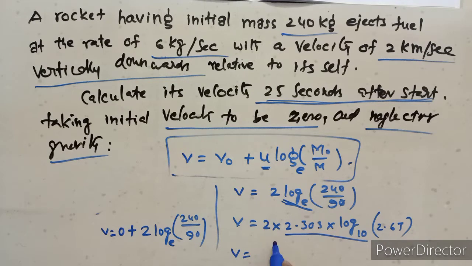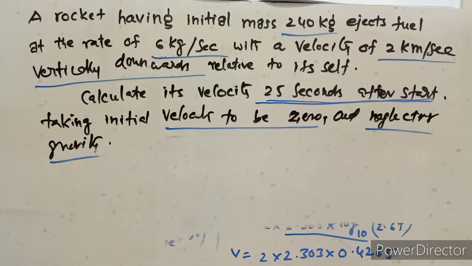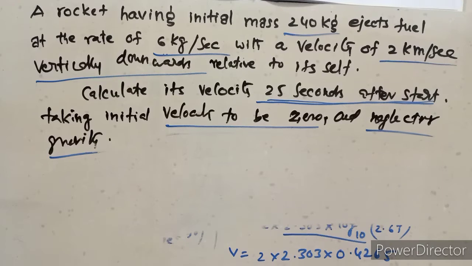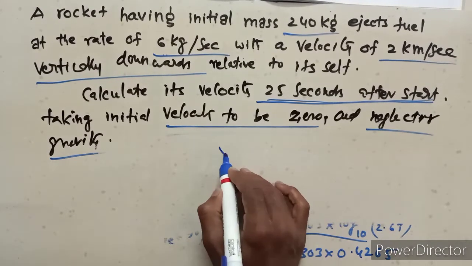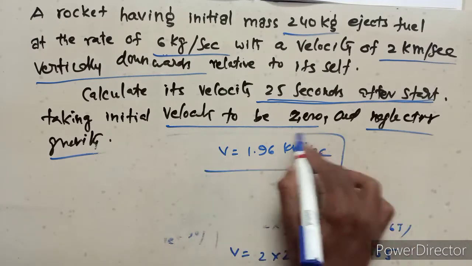So V equals 2 into 2.303 into log of 240 upon 90. The 0 cancels, and 9 times 2 is 18, so the ratio is 2.67. Then V equals 2 into 2.303 into the log value of 2.67, which is 0.4265. Further simplification: